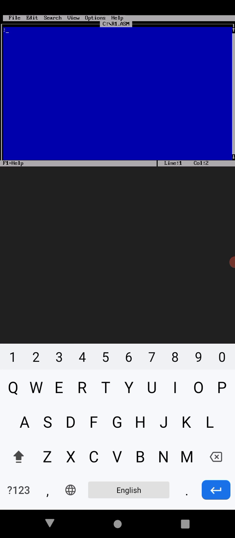Program number one. We should take the file name as R1 program, for better understanding.